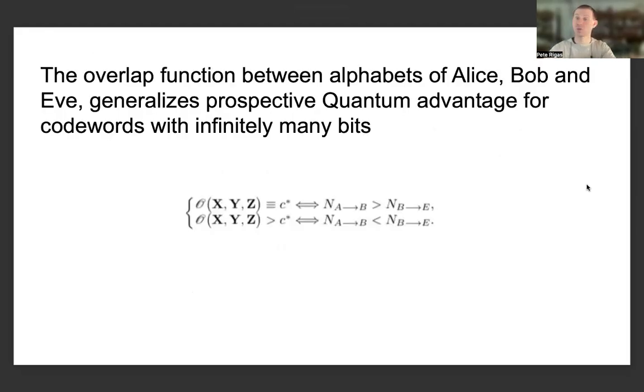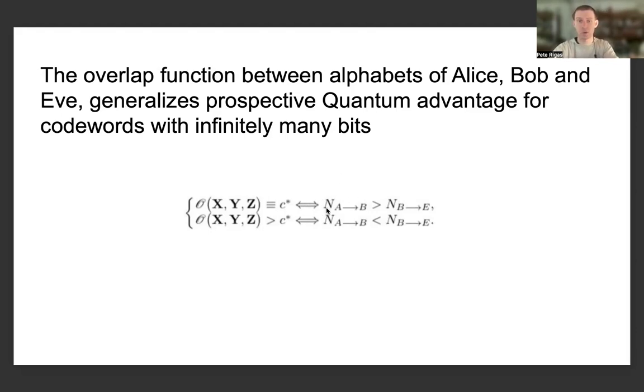And the overlap function between the alphabets of Alice, Bob, and Eve generalizes the prospective quantum advantage for code words with infinitely many bits. Namely, given the collection of random variables which we can use for the alphabets for Alice, Bob, and Eve, given respectively by boldface X, boldface Y, and boldface Z, we can determine whether there's some C star, some strictly positive parameter, such that if the overlap function, or namely the total number of letters that are in common between each one of the alphabets of Alice, Bob, and Eve, the three participants in this information processing task, is identically equal to C star, then this would mean that this holds